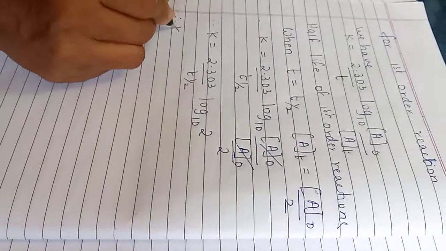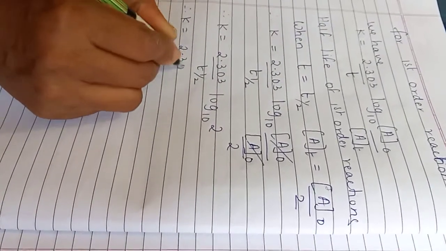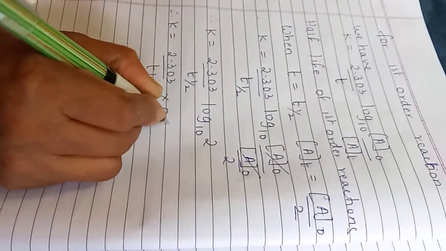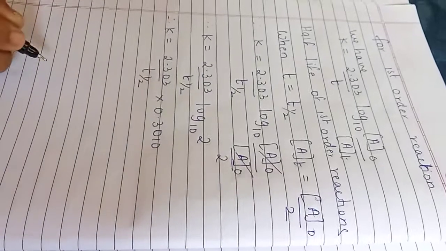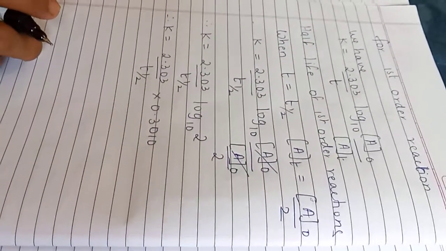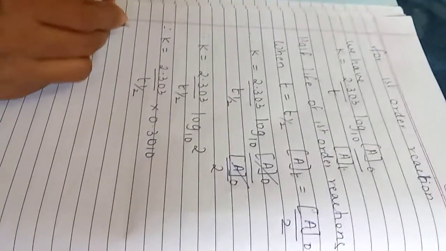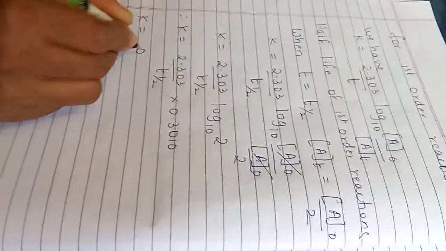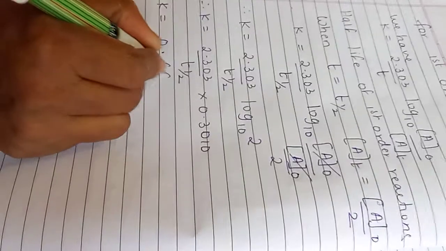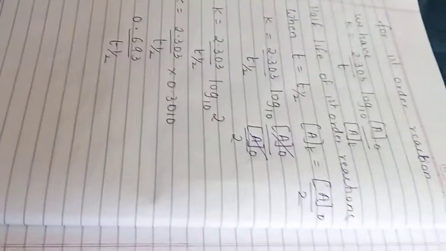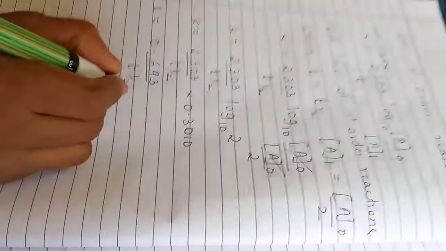So K is equal to 2.303 divided by t half log 2, and I don't need to tell you log 2 is 0.3010. I think by solving logs continuously you have memorized these values also. When you multiply 2.303 into 0.3010 you get 0.693 upon t half,